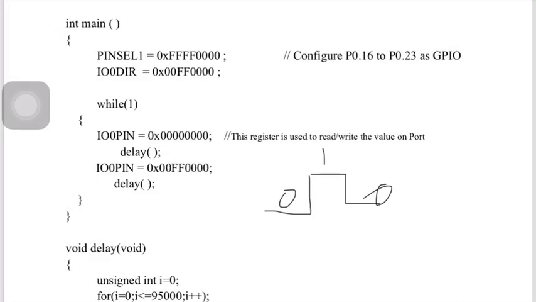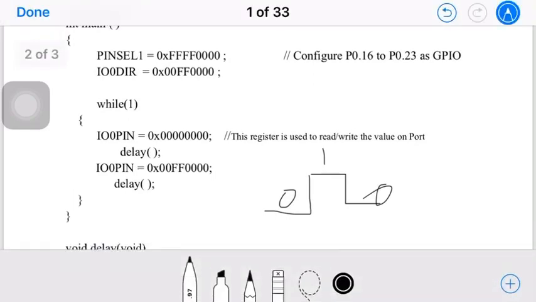So we got this 0 line, then some delay. How much time you need to keep that as low, that's why we add some delay. Then we'll send high on it, right? We are sending high on particular pins only, pin 16 to pin 23, so that's why we got 0x00FF0000. This value sends high on pin 16 to pin 23.